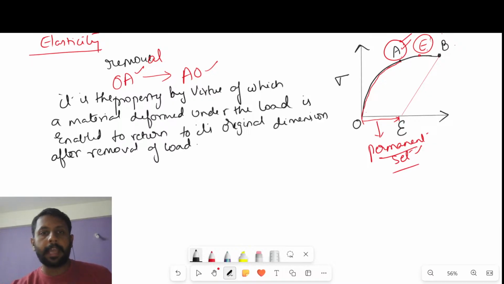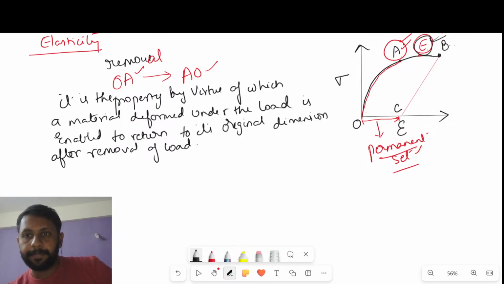So the body will regain its original shape again. Following all of you? Yes sir. The body will regain its original shape again after removal of load. So if you load the same material after the elastic limit, if you load it to B, it will not trace back the same shape of the graph, whereas the graph will be something like this. The graph will come down to BC. It will take the shape BC, where OC is the permanent set.